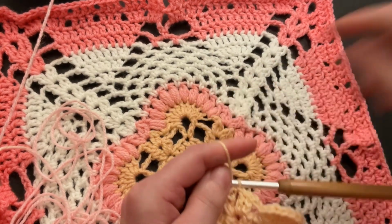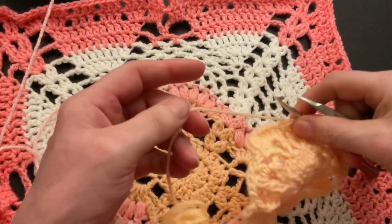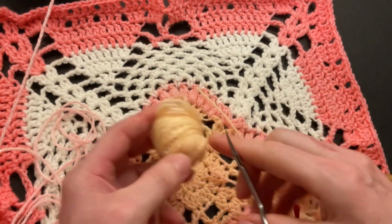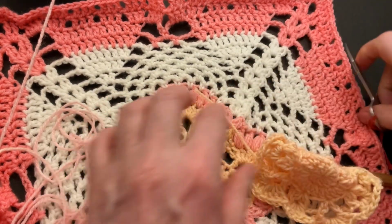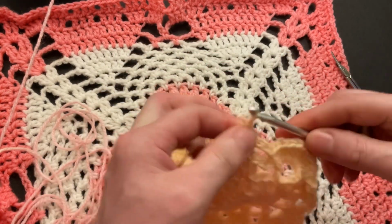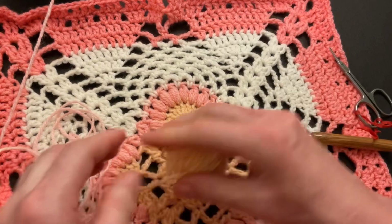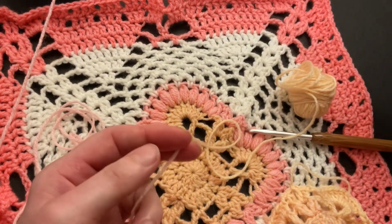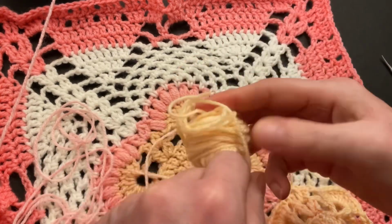so it matches the other square, so I switch to pink. I cut my yarn, and I have more yarn left over on this square than I have on the other square, so I rolled it into a ball and I can use that later. I make 1 more chain and pull the yarn tight, and now I can change the color to pink to match the other square. So I search for the pink, here it is, and I can start round 5 with